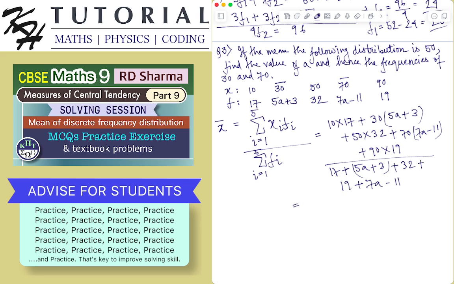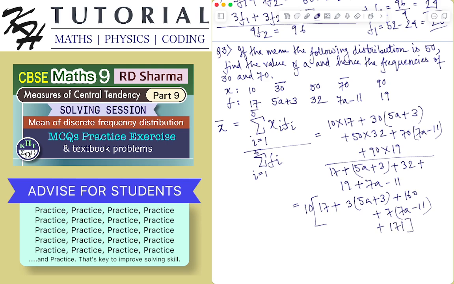So this is equal to, I can take 10 common from all the terms of the numerator, and I have 17 plus 3 into 5a plus 3 plus 32 into 5, which is 160, plus 7 into 7a minus 11 plus 9 into 19, which is 171,